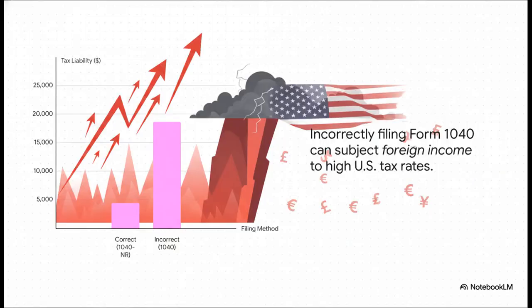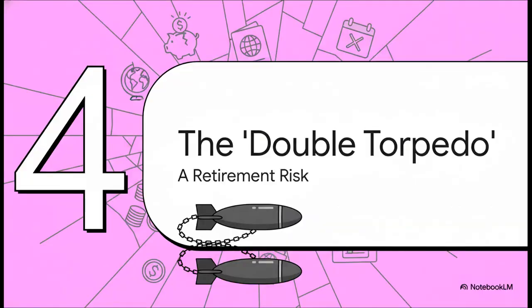And when you actually see the numbers visualized, the difference can be absolutely staggering. This chart gives you a sense of just how much your tax bill can explode. By accidentally reporting all your worldwide income, you might be subjecting your income from back home to US tax rates as high as 37%. That is the financial cliff we're talking about. But the damage, unfortunately, doesn't stop with your income tax. The immediate bill from the IRS is bad enough, but this error can set off a devastating chain reaction that puts your entire retirement plan in jeopardy.